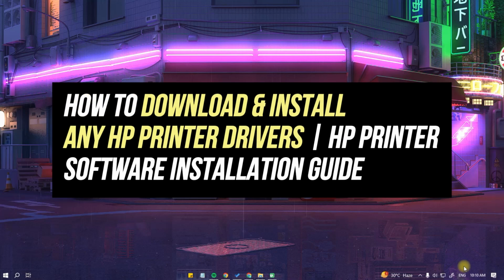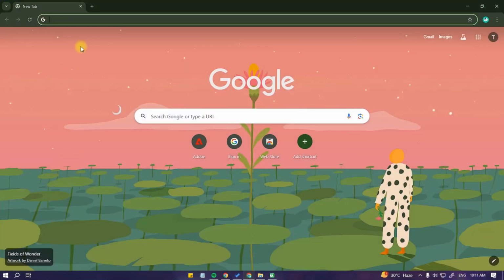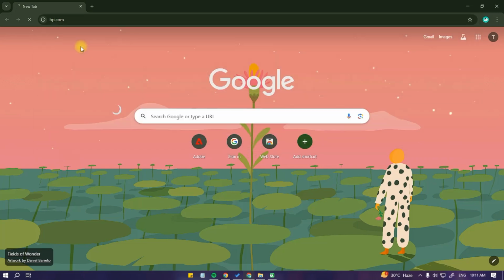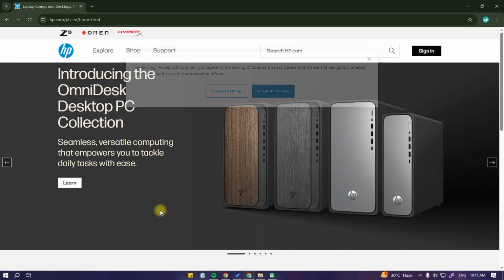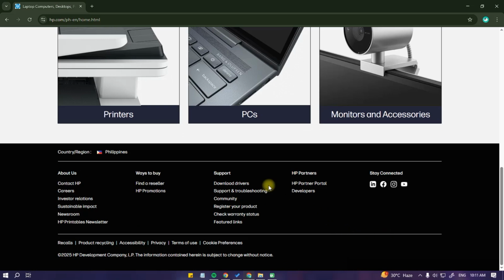Hey guys, today I'm going to show you how to download and install any HP printer drivers, HP printer software installation guide. Here, let's open up our browser and head to hp.com. And once you're here, let's scroll to the very bottom and click on download drivers right here at the middle